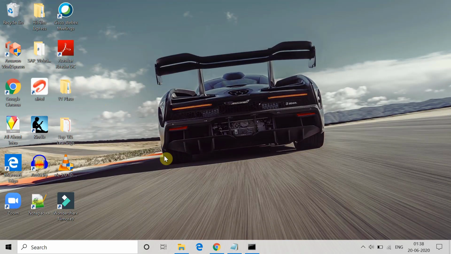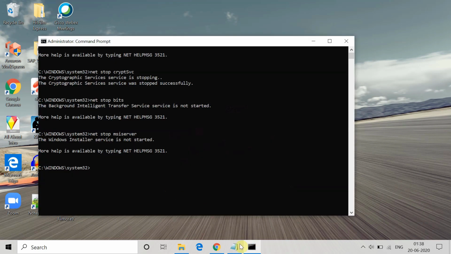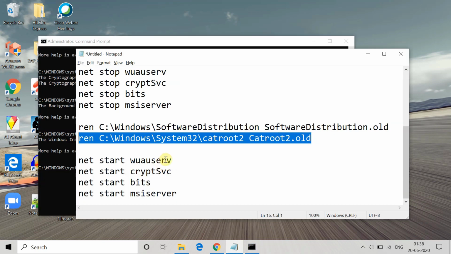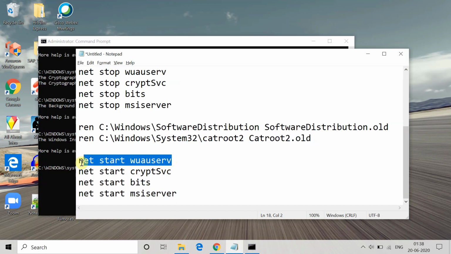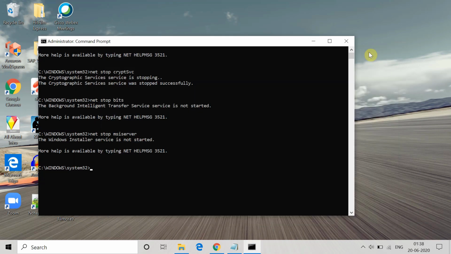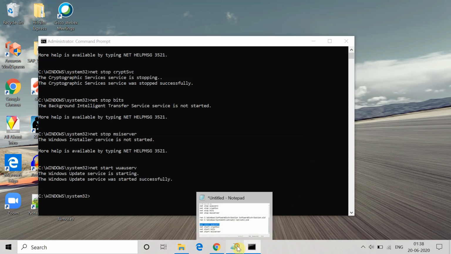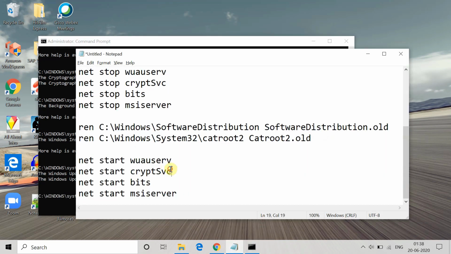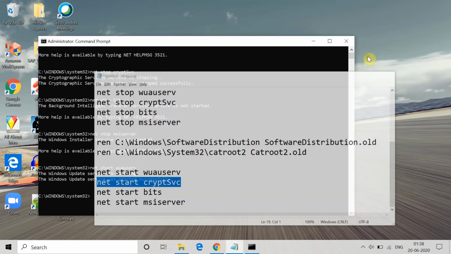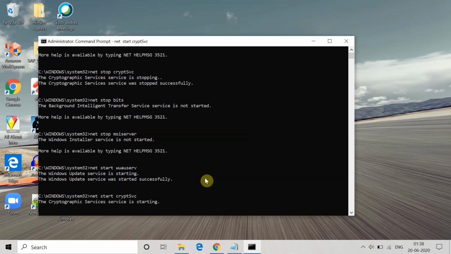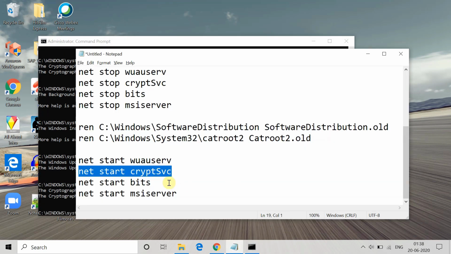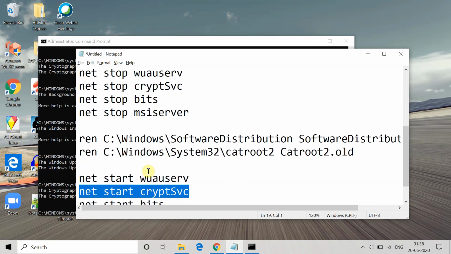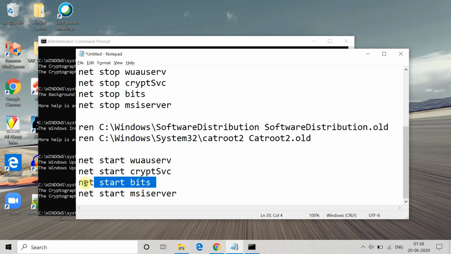Once you execute these 2 commands, again start all 4 services, and you have to type these 4 commands again. Net start wuauserv. This will start the Windows Update service. And then net start cryptSvc, this will start the cryptographic services. And then net start bits.